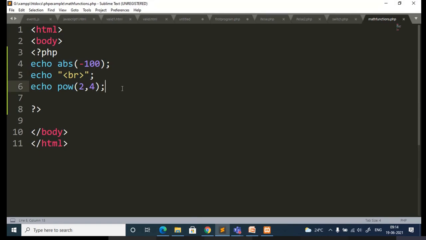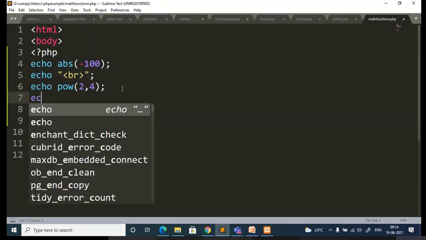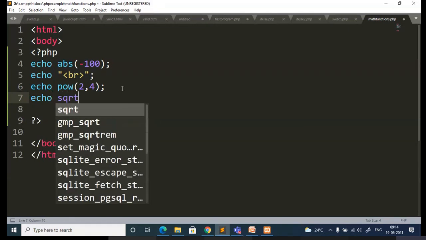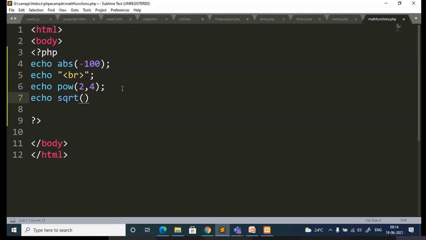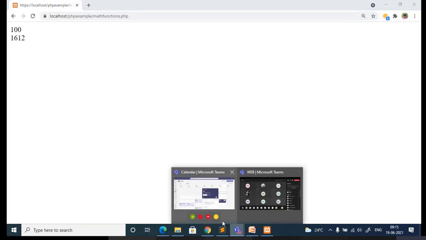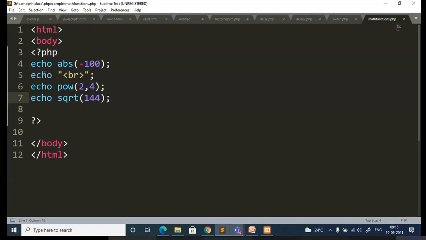Similarly, you can go with the square root. So almost similar to some other language, whatever you use, SQRT. Okay, so that is how you can make use of functions.